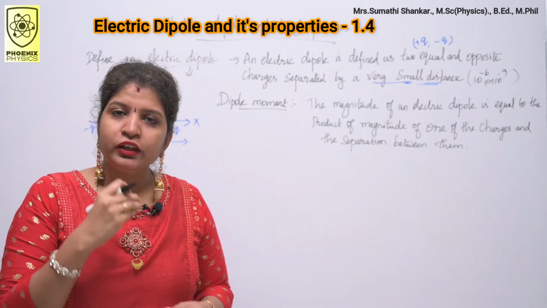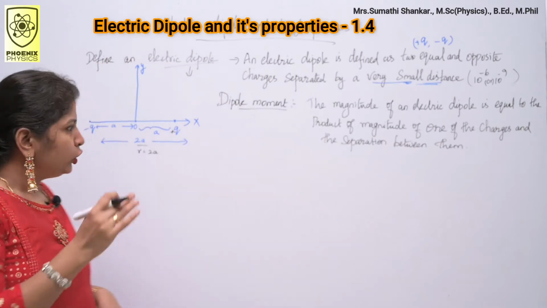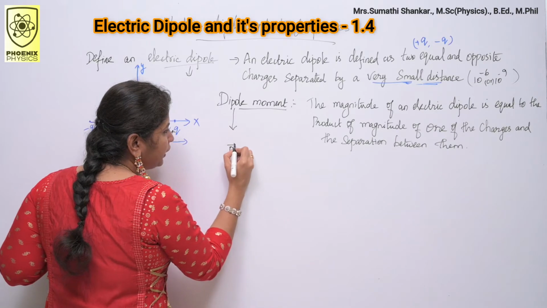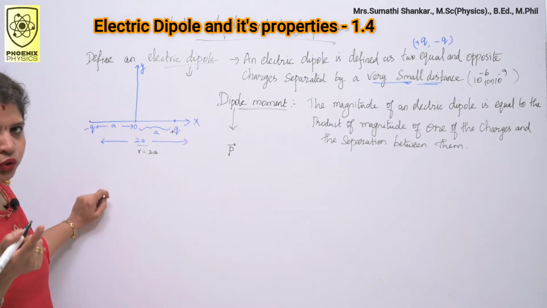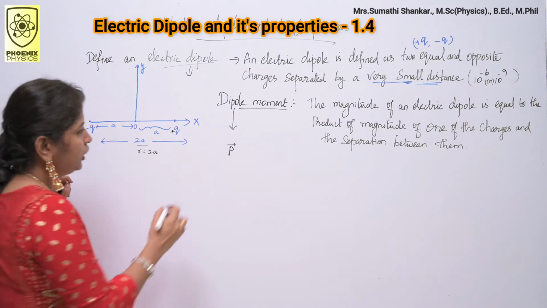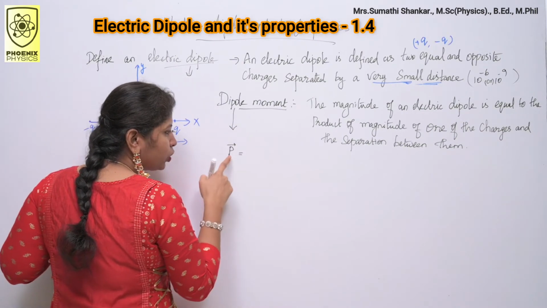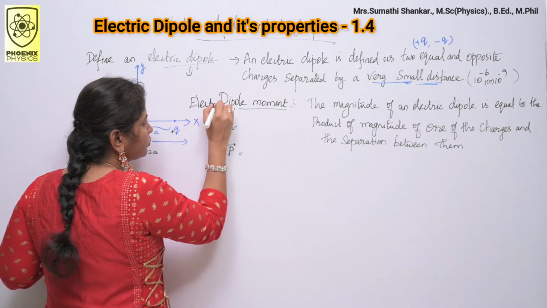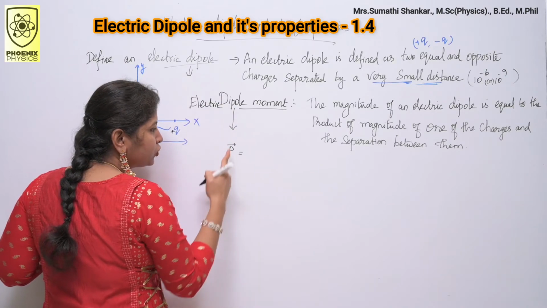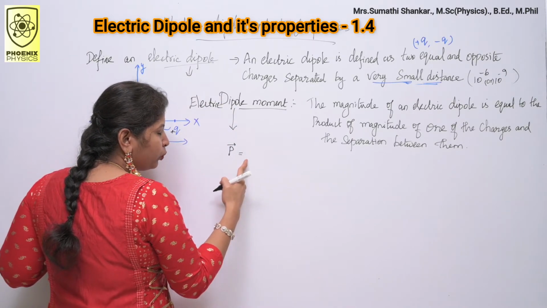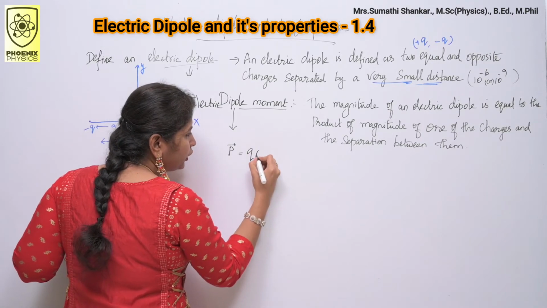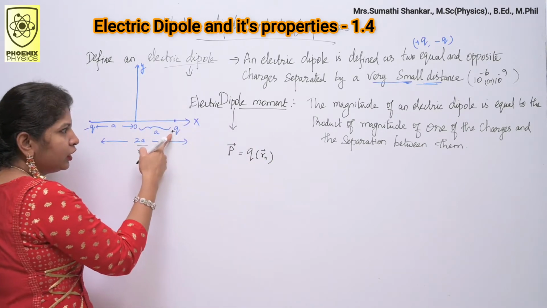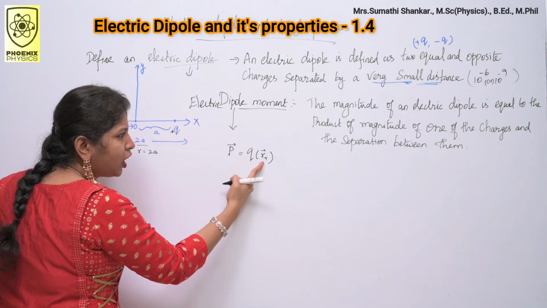I want to find out the electric dipole moment. Usually an electric dipole moment is denoted by the letter P. It is a vector quantity, so you know that it has magnitude as well as direction. So what is this P? This is nothing but electric dipole moment. Electric dipole moment is denoted by the letter P, which is equal to q into r plus, where this q is for the plus q charge. What is this r plus?